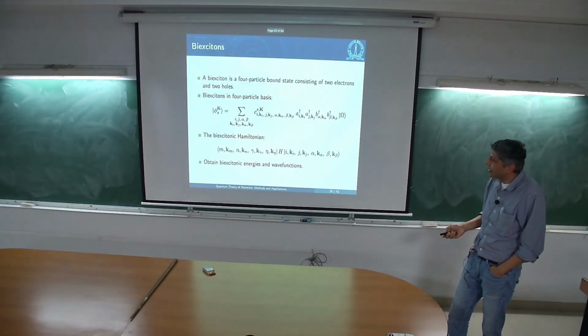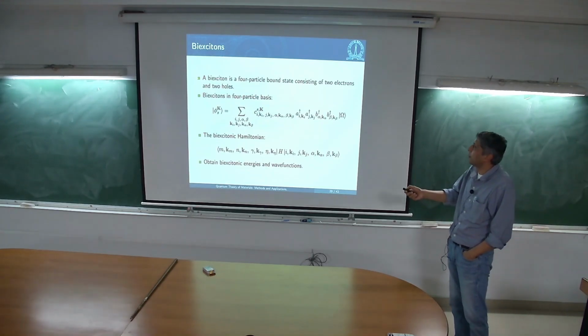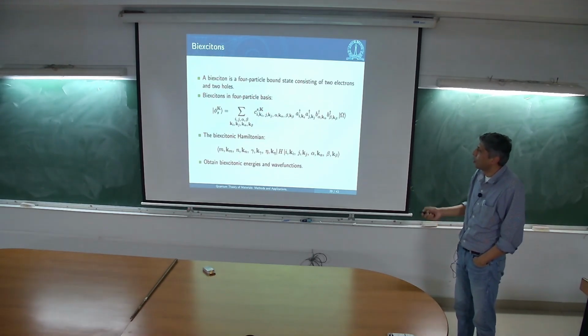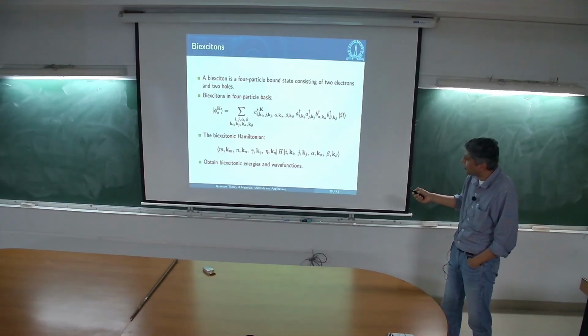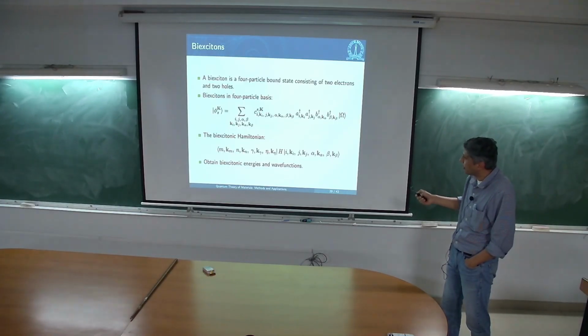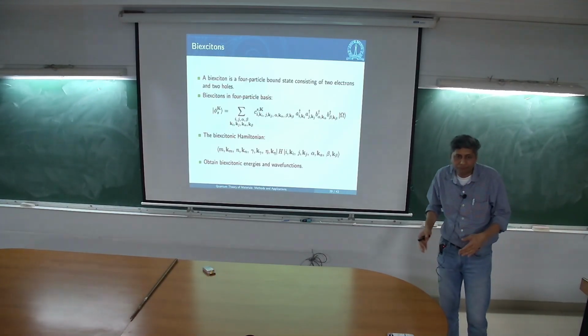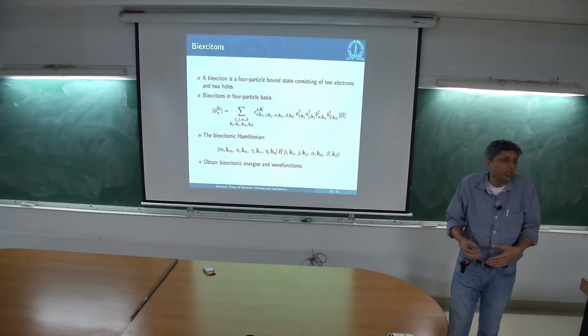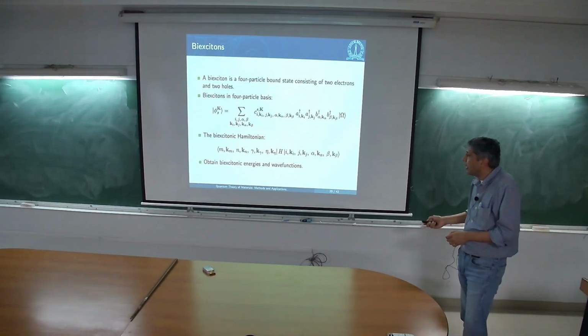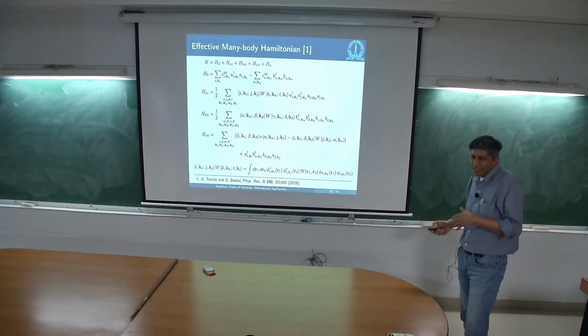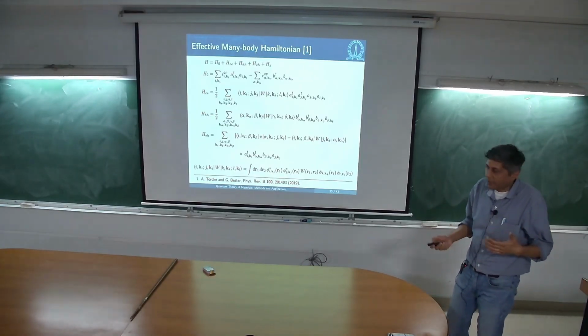So of course the standard thing to do would be to say, look, this is a bound state of 4 particles, 2 electrons and 2 holes. So you write creation operators for 2 electrons and 2 holes above the ground state, and then you come up with a Hamiltonian, and you diagonalize this till you're blue in the face, and you should get the answer, right? The Hamiltonian looks like this.